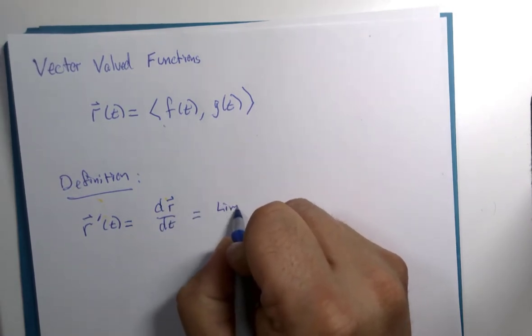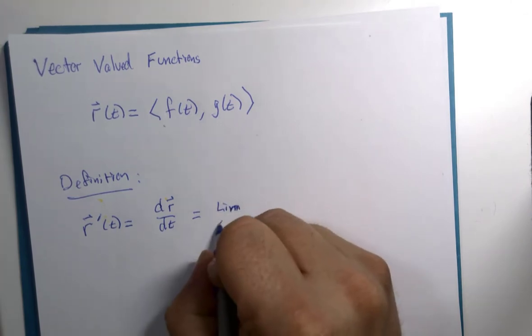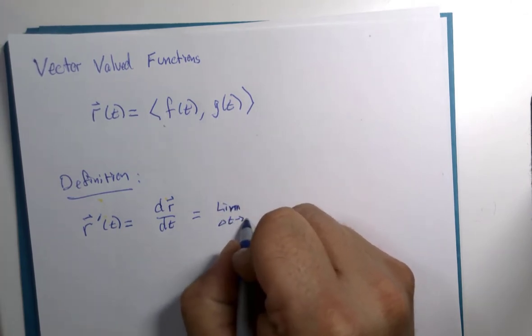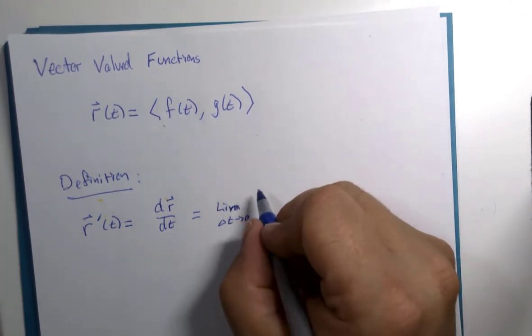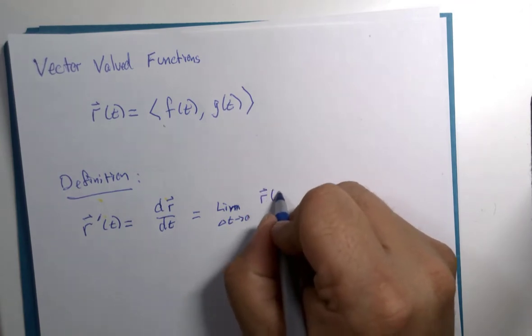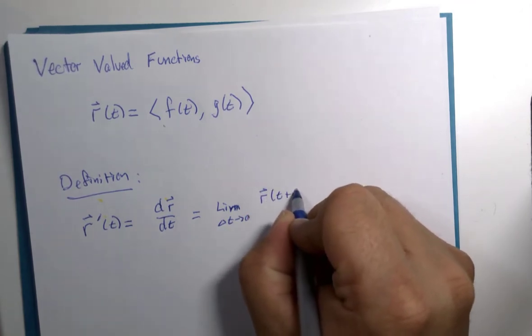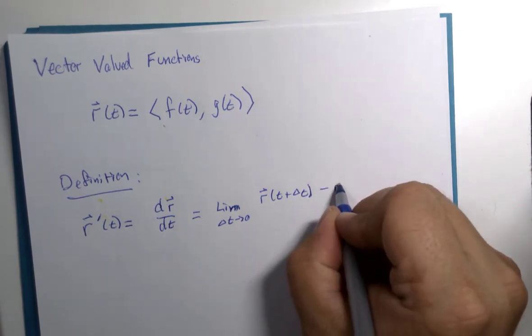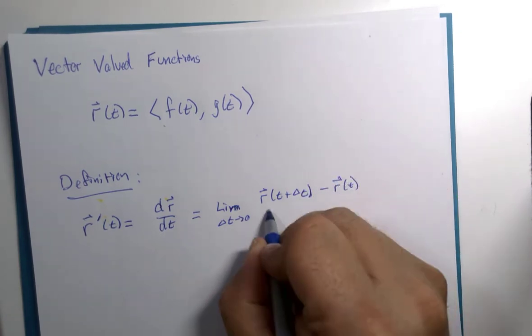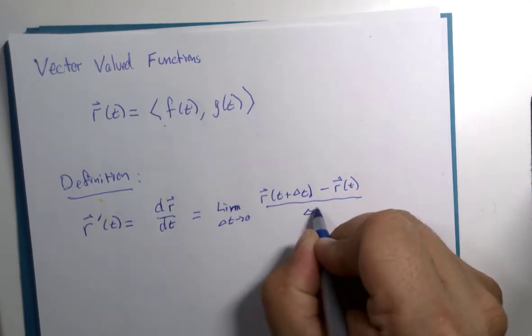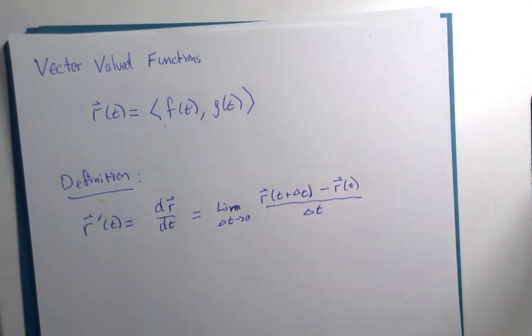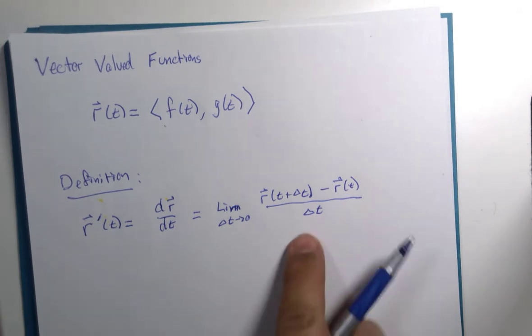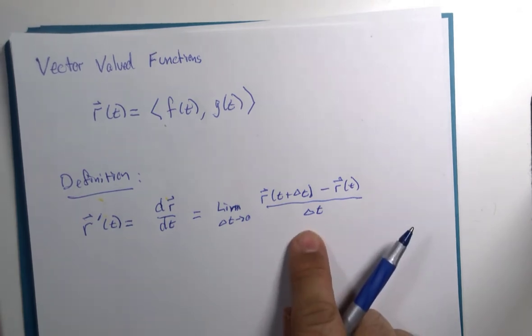It's the limit as delta t approaches 0, r of t plus delta t minus r of t divided by delta t. If we follow this substitution, that's what the derivative of a function was in first semester